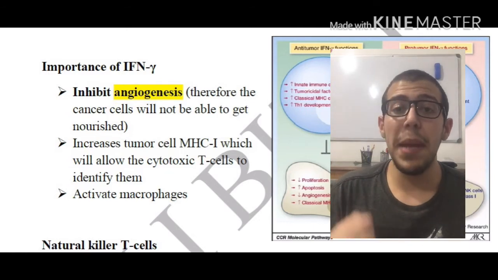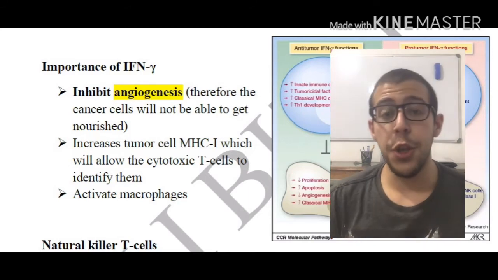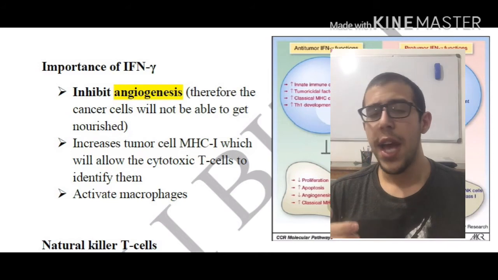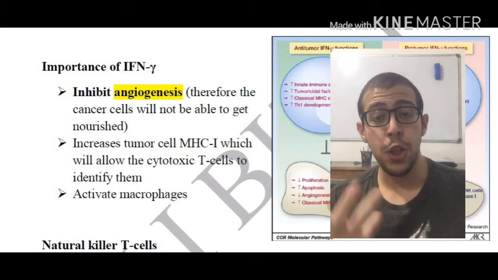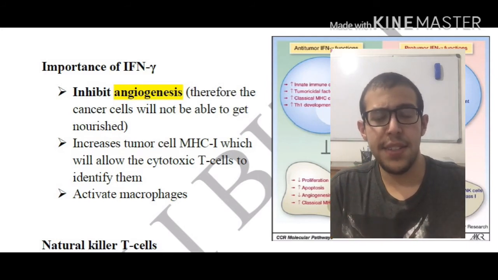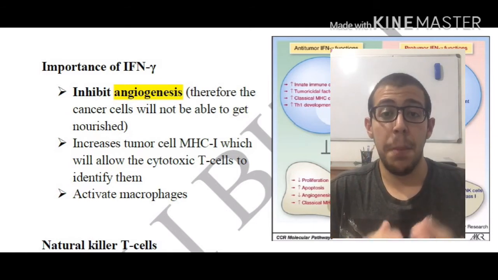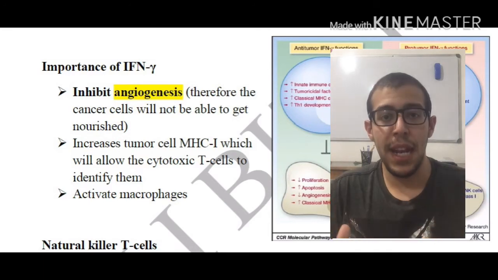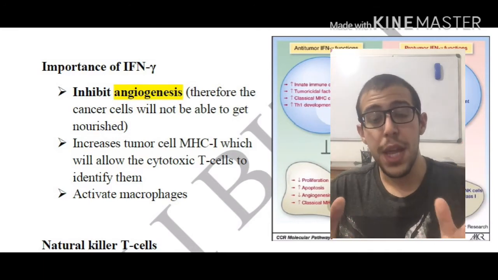First of all, it's going to be inhibiting angiogenesis, therefore the cancer cells will not be able to get nourished. Now, I want to elaborate on this a little bit further. We know that angiogenesis is essentially where they're going to be forming new blood vessels. Since the cancer cells or tumor cells are rapidly replicating, they're going to be active in abnormal levels, therefore they typically need nourishment, and therefore they are going to be producing